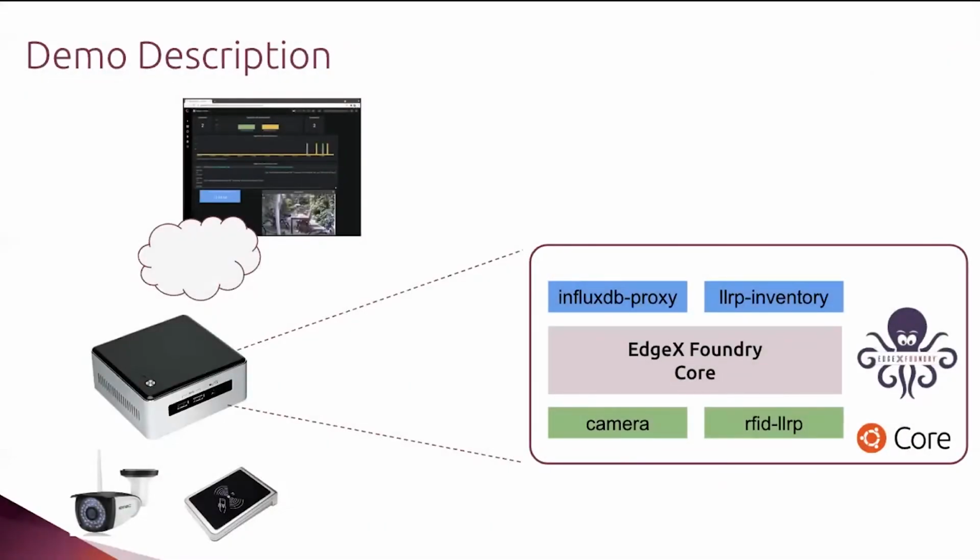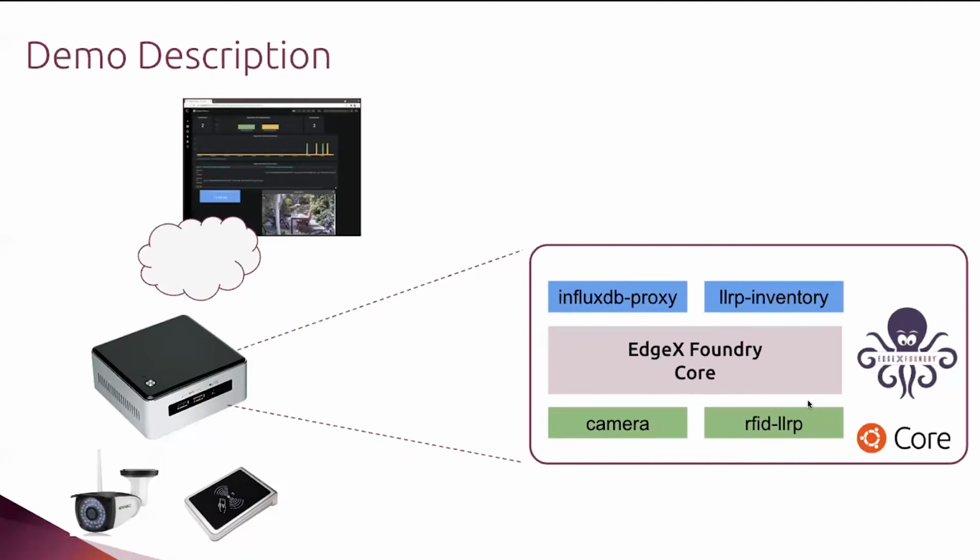What we are going to see is a kind of emulation of a retail store. We have a camera and an RFID device. The camera is periodically taking snapshots and sending images to the cloud. And the RFID reader acts as a detector of elements, so we detect arrivals and departures of elements. We will see later that we have this octopus which appears and disappears, which is detected and not detected